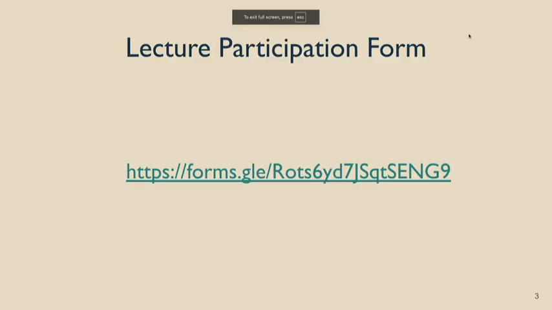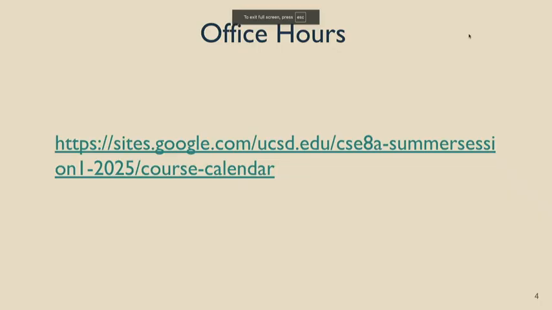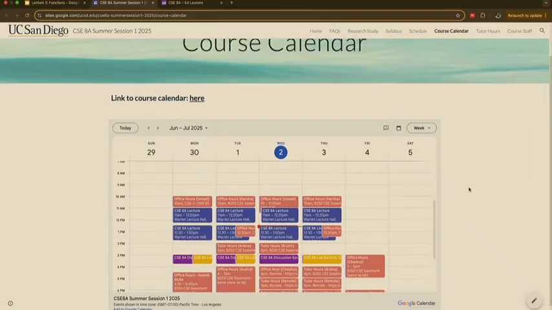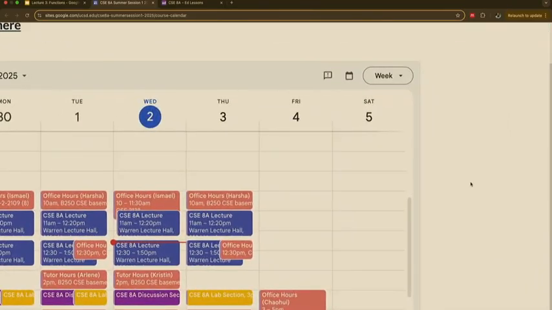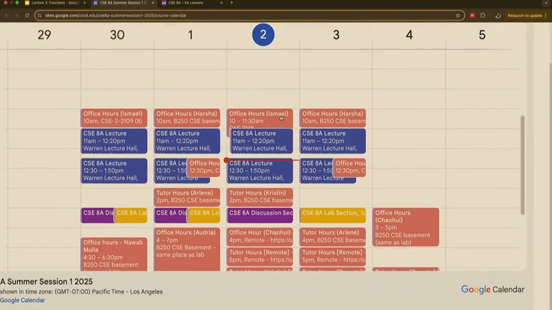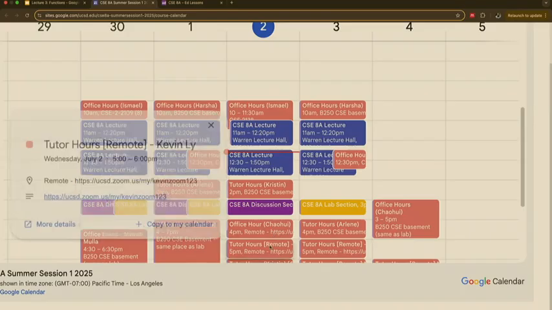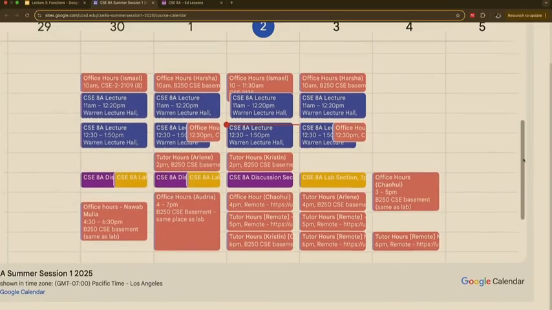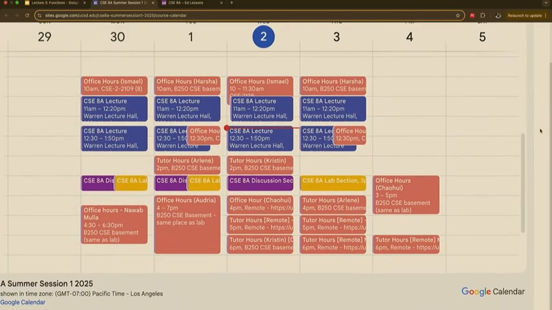So let's continue on. Oh, also office hours. Make sure to go to office hours, as we said before. If you're going to be working on your programming assignment, please work on it sooner rather than later. Our course calendar is here with all the office hours for everybody. It's got this little pinkish, orangish color. It's called flamingo. I just had my office hours earlier today. Kristen will have office hours, so will Chao-Hui, and Kevin, and lots of great, wonderful tutors and TAs. So please, please, please go and get help whenever you need it.